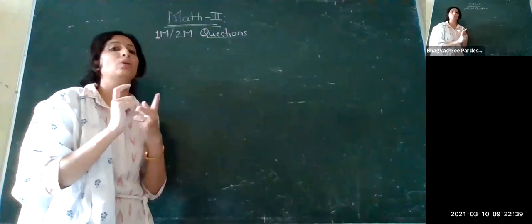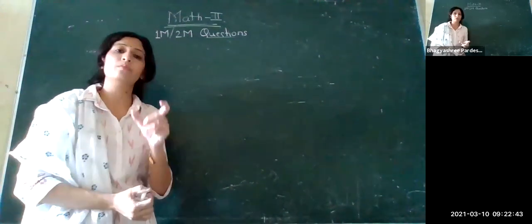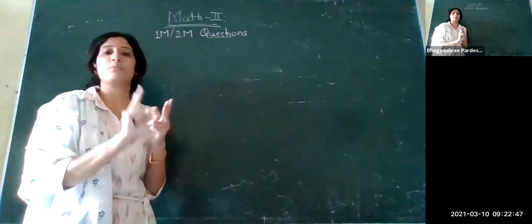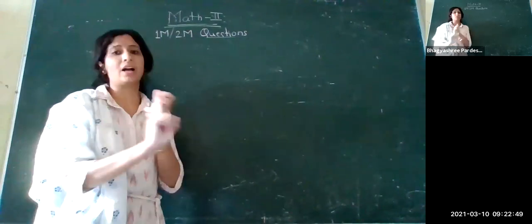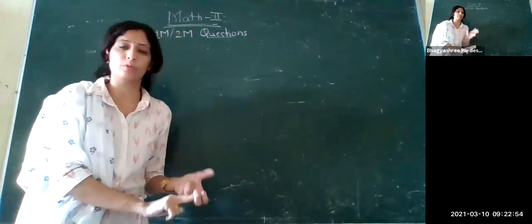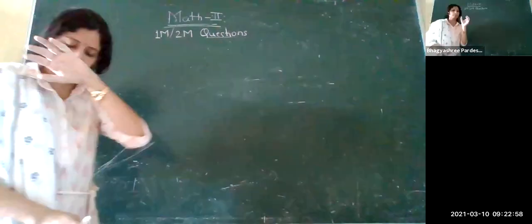So please do the 1 mark and 2 marks questions. Again, you know very well, for doing the 1 and 2 marks questions, solve the first and second exercise from your textbook. All the questions will be asked from that. And don't skip any solved question from your textbook because that helps you in solving the exercise questions. Okay? So trigonometry, that's the easiest one.